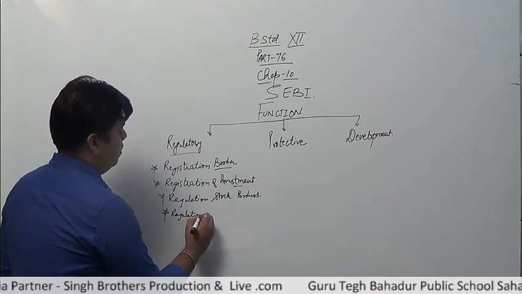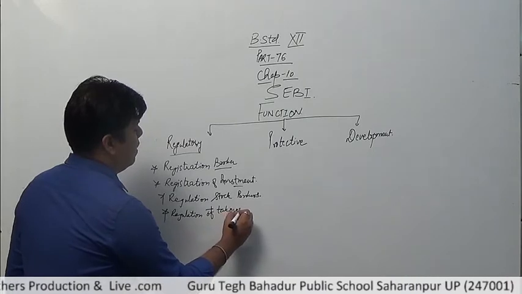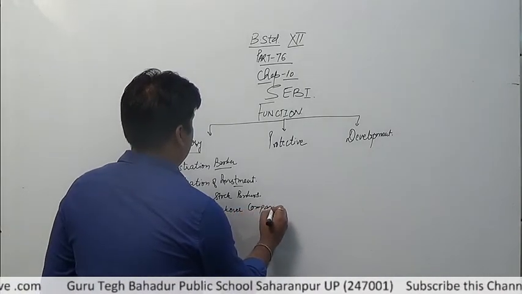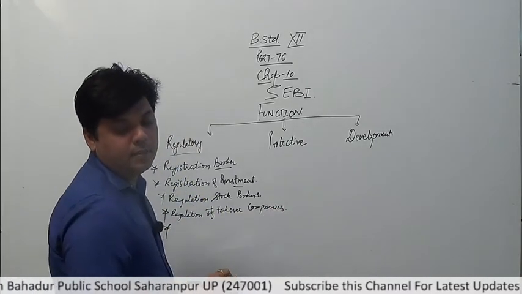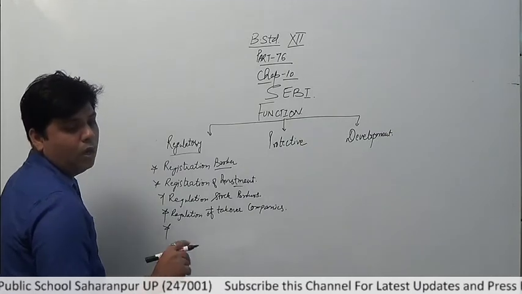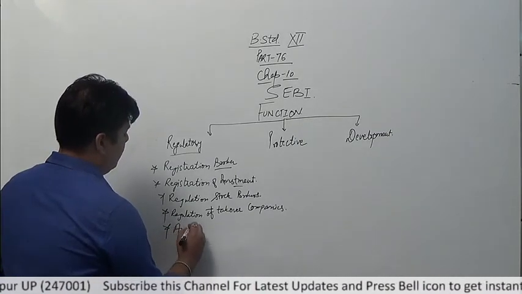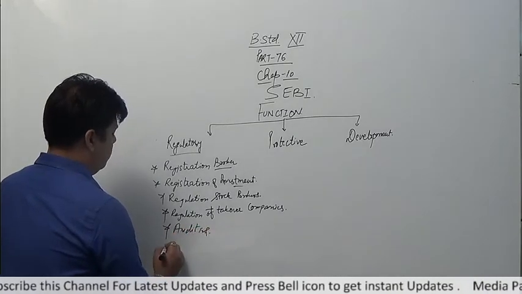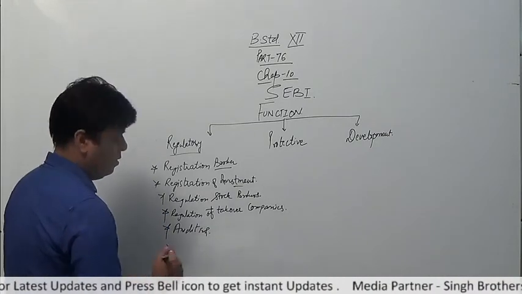Regulation of takeover companies means when one company purchases the securities of others. The next is calling for information, that means the auditing function is done, auditing of activities or accounts, and levying the fees, any fee,